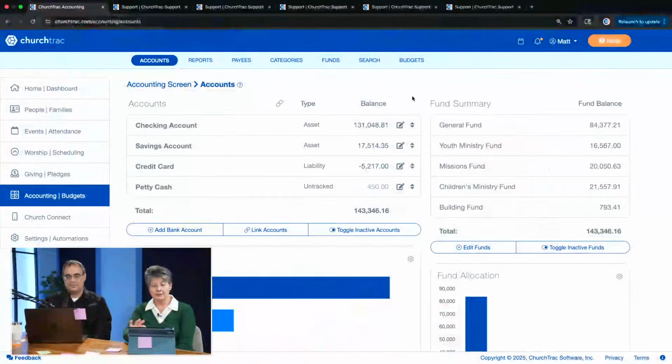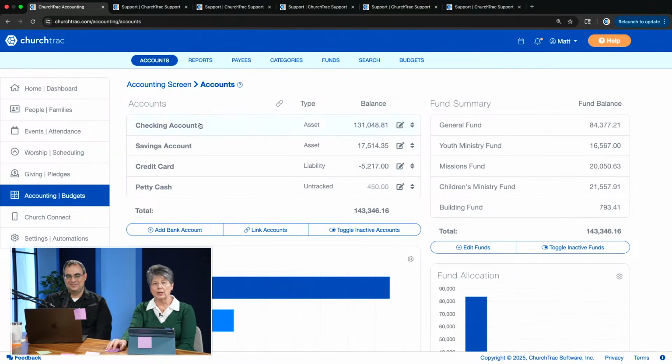Very exciting thing that's just recently been introduced. Because you could do a fund-to-fund transfer before, but well, I'll just let Lori explain it. So in the past, you had to do some gymnastics in ChurchTrac to transfer money between funds. So our latest update includes a new interface for making fund-to-fund transfers more fun and easy. Put the fun back in fund-to-fund transfer. Okay, so we're gonna talk about this just like we did with Rebecca.